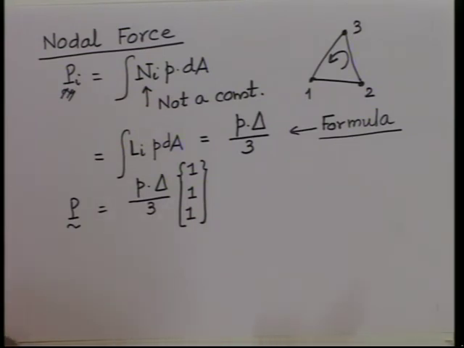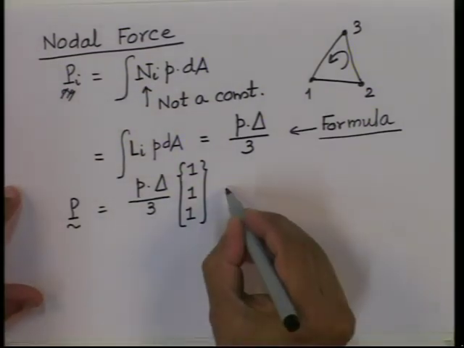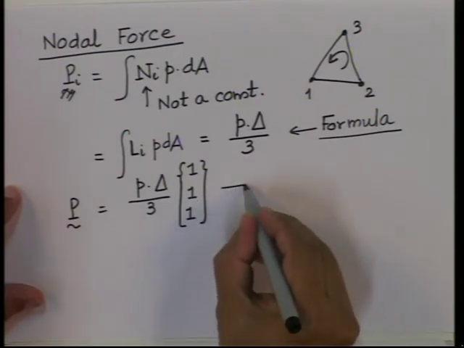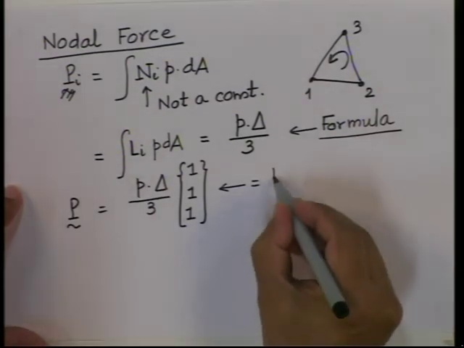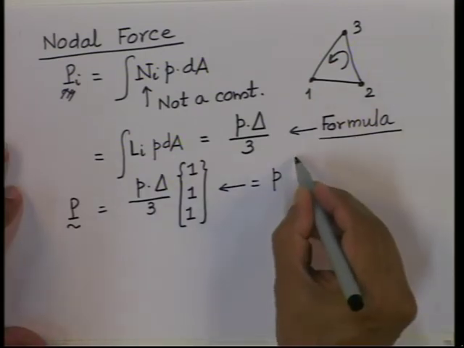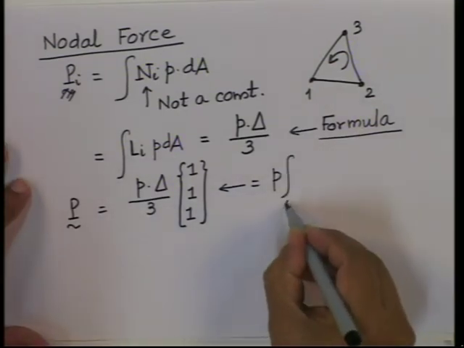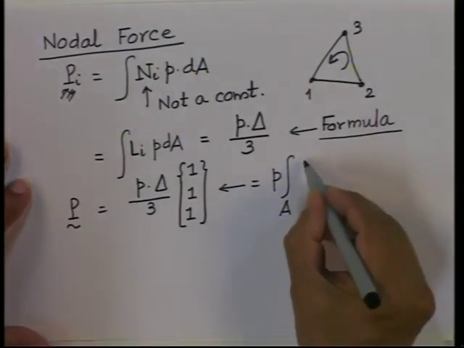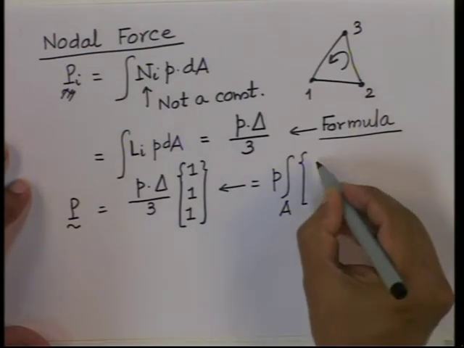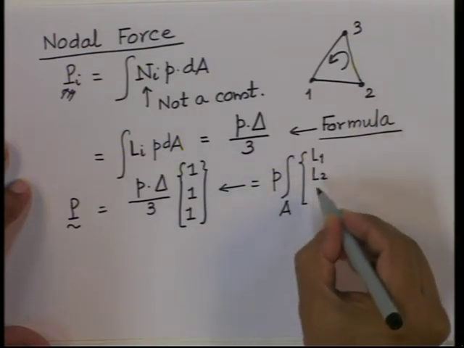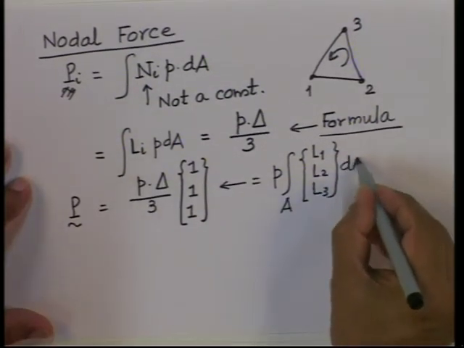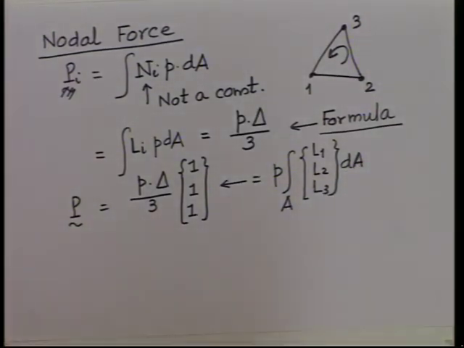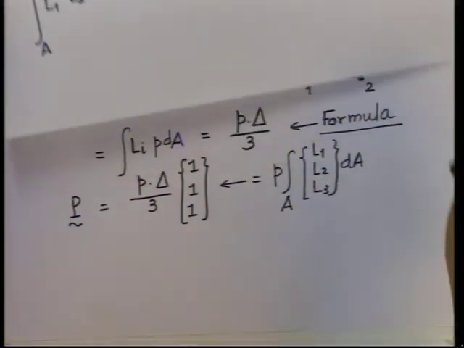The general formula looks like this. Actually, this has come from P integral over area, and here it is L1, L2, L3 dA. Now, I just want to relate this with the formula that I gave you, so that you know how to find this out. So, if you have an integral like this,